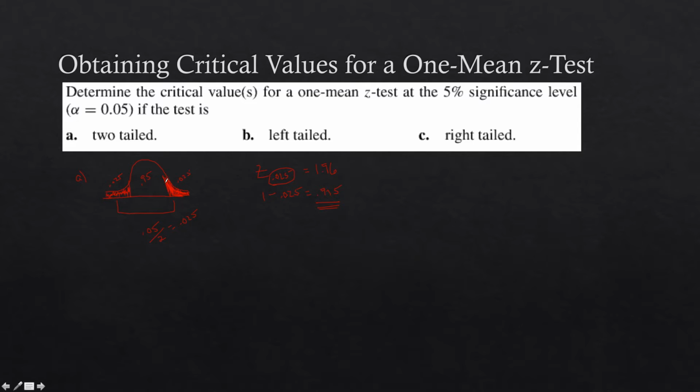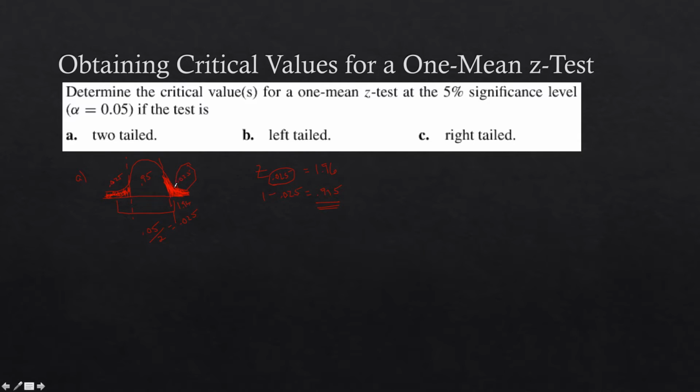Now that just gave us this area right here. Okay, that's the z-score. That's the critical value right here for this rejection region. The critical value is 1.96. Well, what about for this rejection region over here? What is this critical value going to be? Well, we have to find